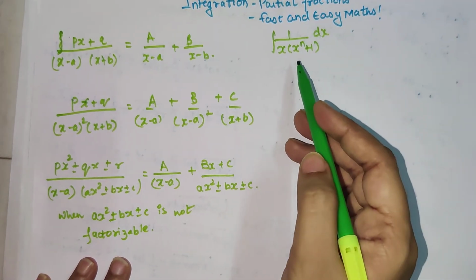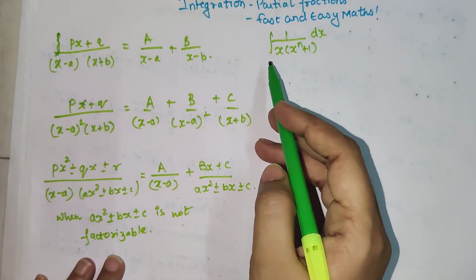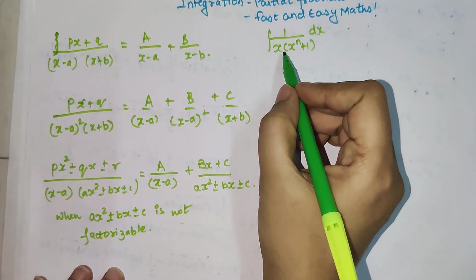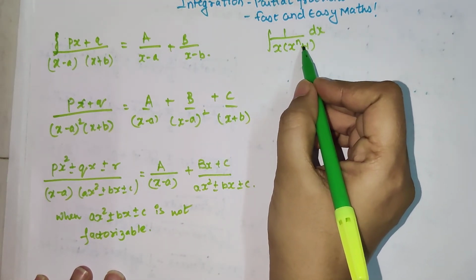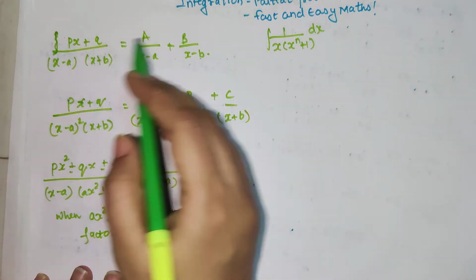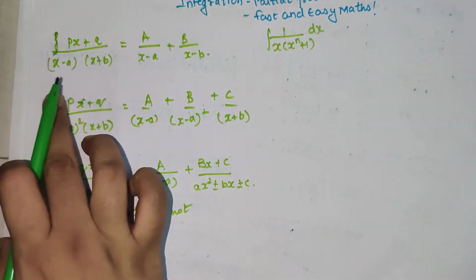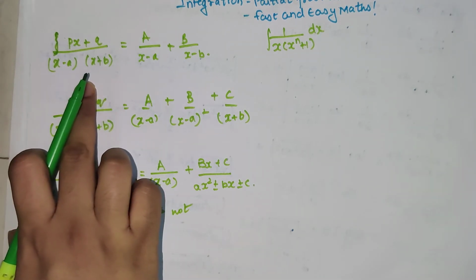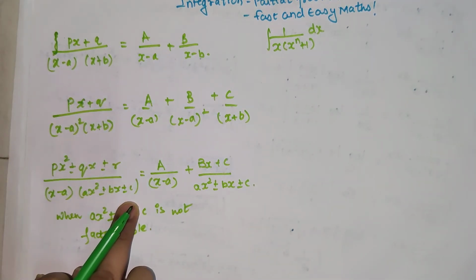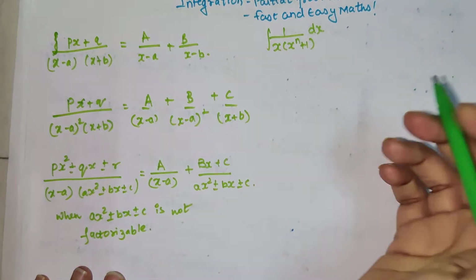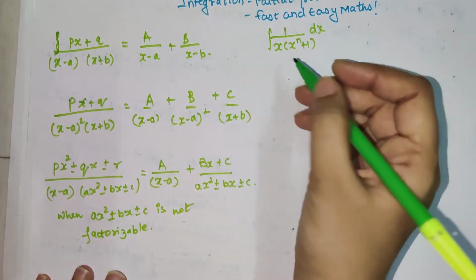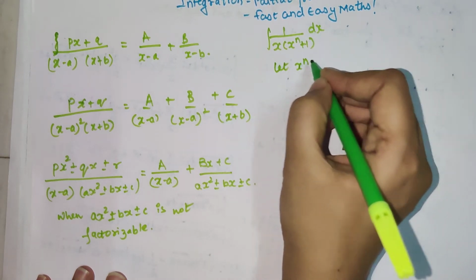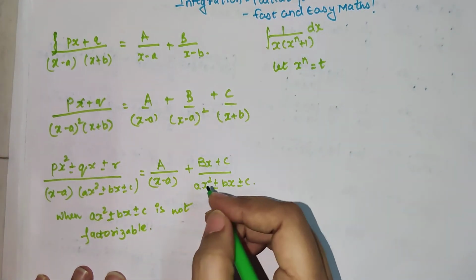So we have x raised to n plus 1 the whole multiplied by x. Now in this case, please understand, when you have something like this, x raised to n plus 1, you cannot do any of these methods. You can only do it when the degree of x is linear, or maximum a quadratic. But since it is not like that, we will use the substitution method. So let x raised to n equal t.